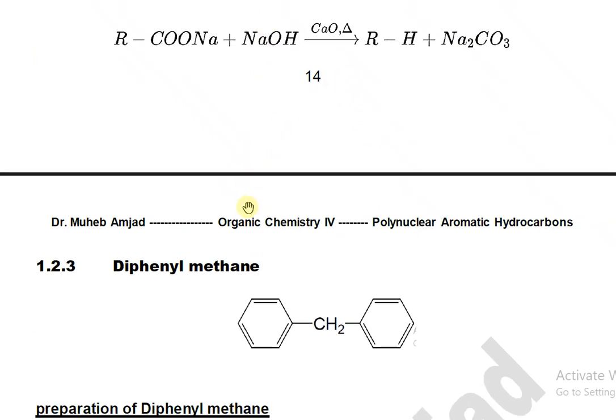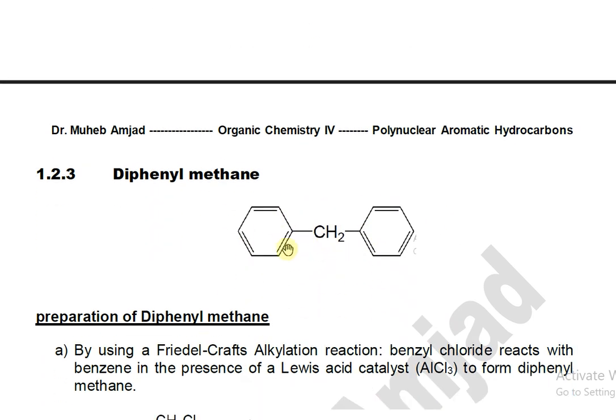Also, we have another type of isolated diphenyl compound. The isolated compound is diphenyl methane. Look, this cycle and this cycle are separated by a methylene group, a chain of carbon. Here, this example is for one carbon atom, and they can also be separated by 2 carbons, or 3, or 5, more than that. So also this compound can be prepared